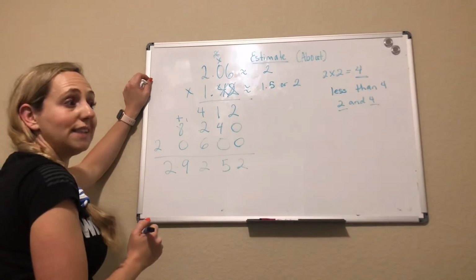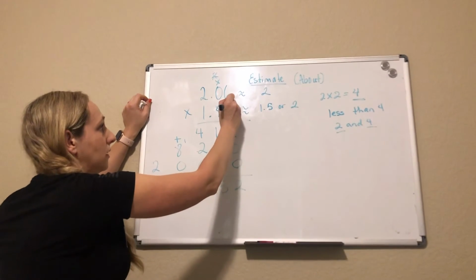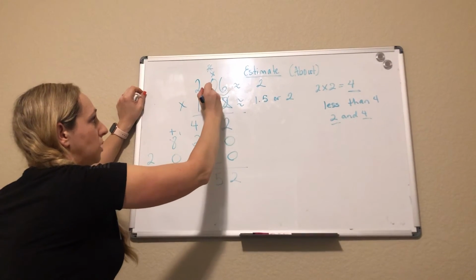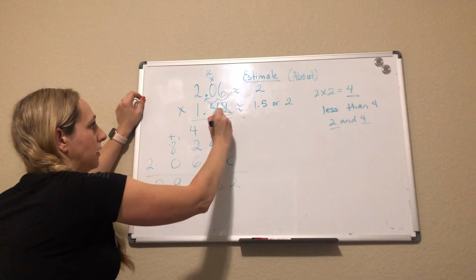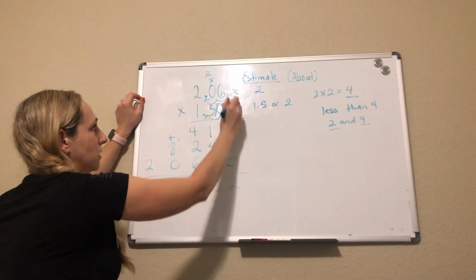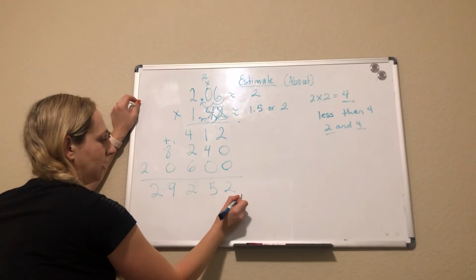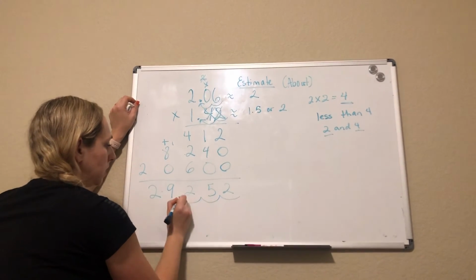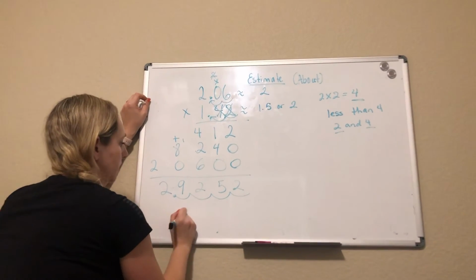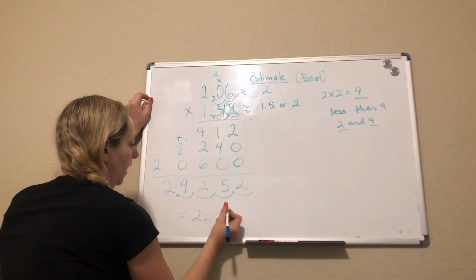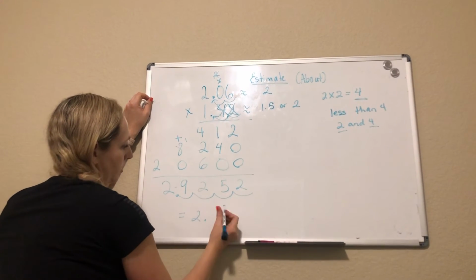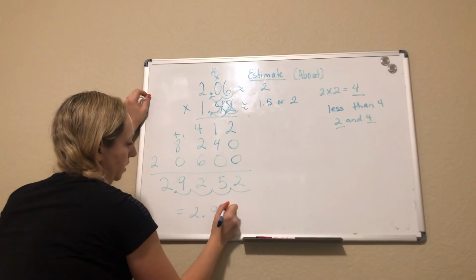I'm figuring out my decimals. Here, I had 2 numbers before my decimal, and here I had 2 numbers before my decimal. That is 4 place values before my decimal. So I'm going to go ahead and count. 1, 2, 3, 4. And my answer is 2, and I'm going to go ahead and round here in 93